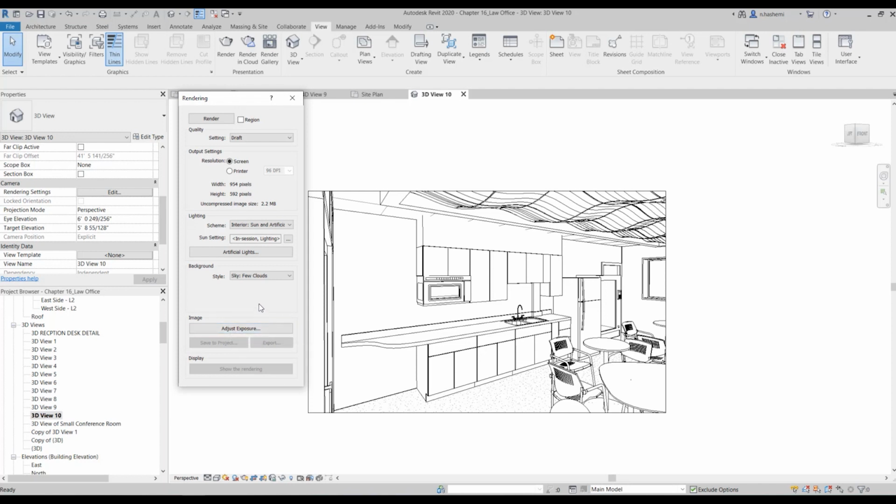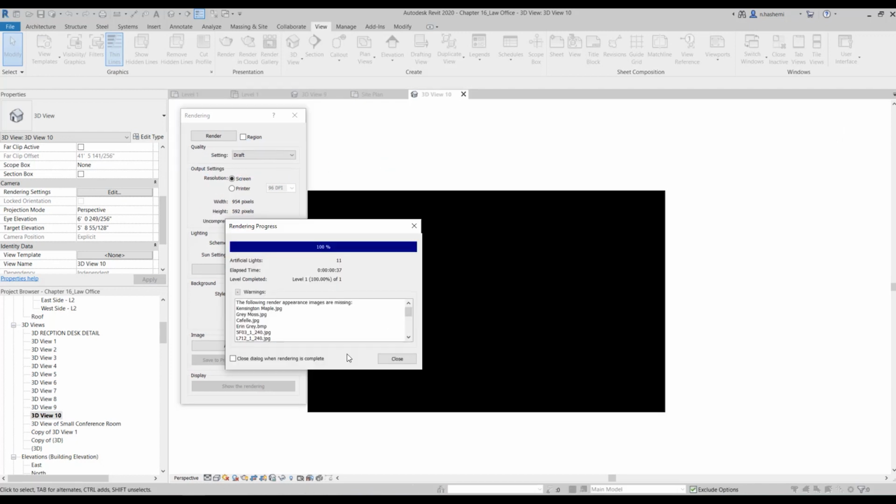So I'm gonna run a render right now. It would be quick because all the quality settings are very low right now. So while it is rendering, you see these warnings over here. These are the images that Revit cannot find the sources for. So they are not linked. And that is about what we have talked about previously, linking the images or bitmaps to your file.